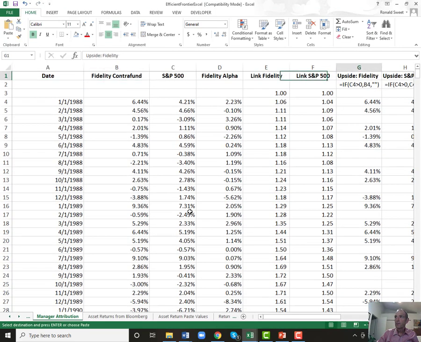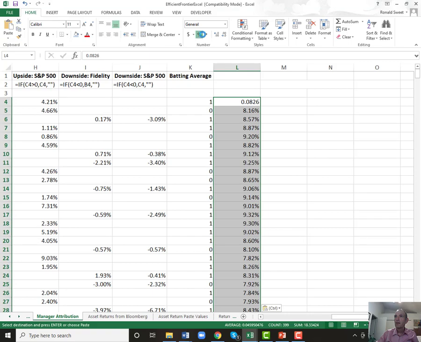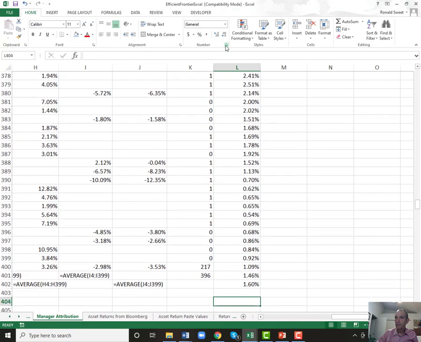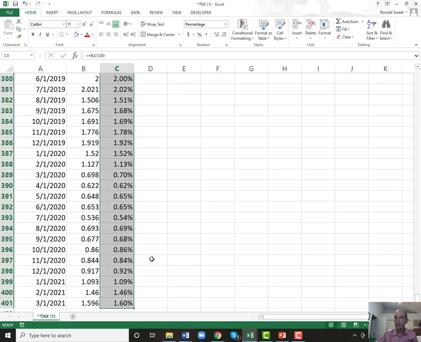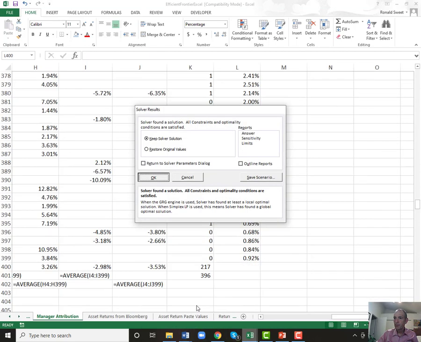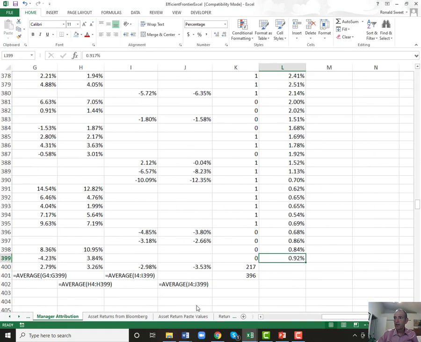and let's go over on the other side of the batting average, and I'm just going to copy that right here as a percent. Make sure it lines up. I go down to the bottom. Well, we have January, February, March. I should have kicked those out. I go back to mine. Yeah, we don't want those last three, so I should have taken those off. So my last one, December, is 0.92%. I have that.